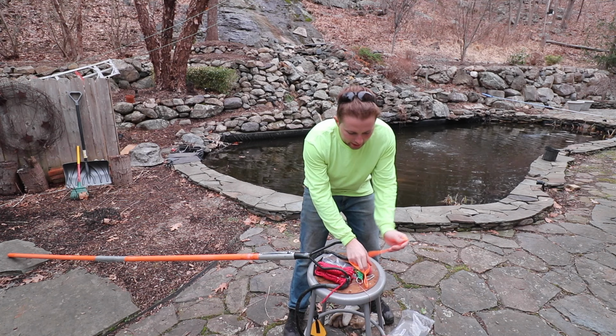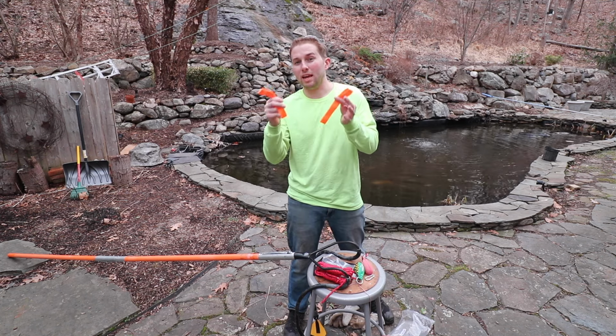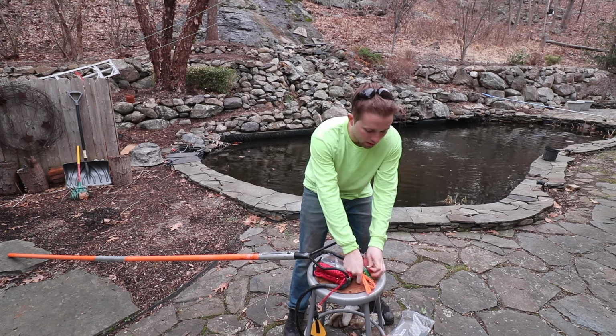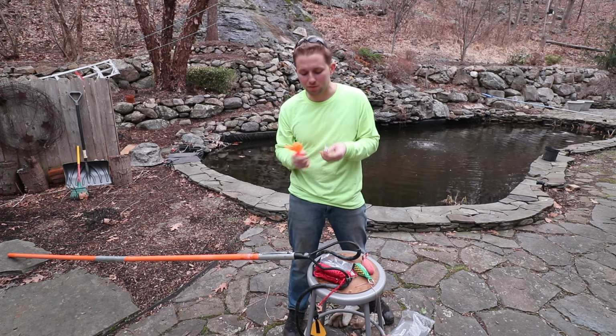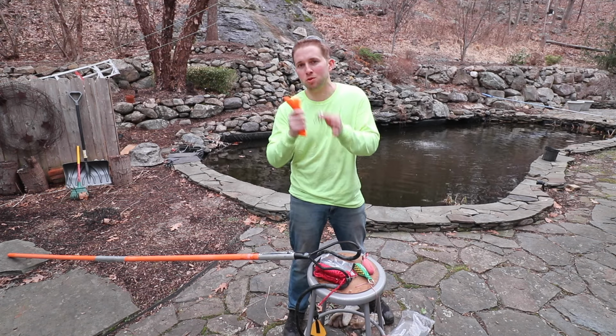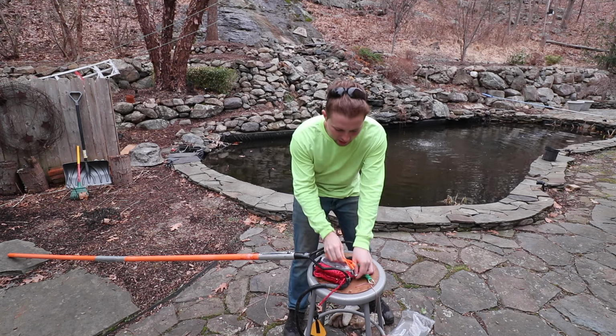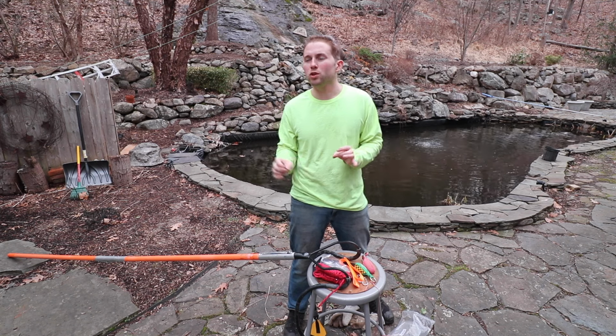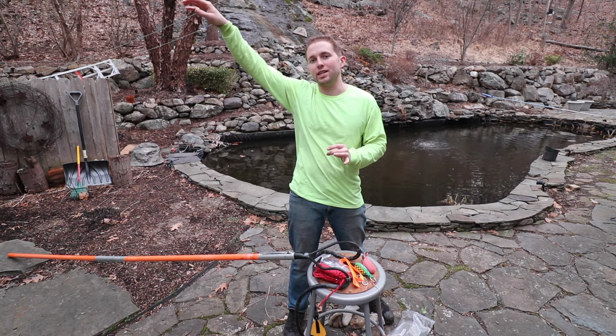Also included in the kit, there's a couple different style handles. There's hard plastic ones as well as these nylon straps. There's a couple of small carabiners. I'm not sure if these connect to the chain or if these connect between the rope and the handle. I think these are going to connect to the chain. So that's the kit. Now, in order to get that kit up over the branch, you're going to have to